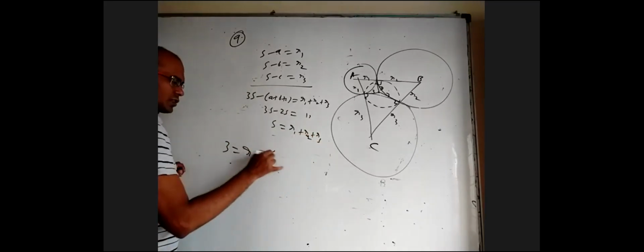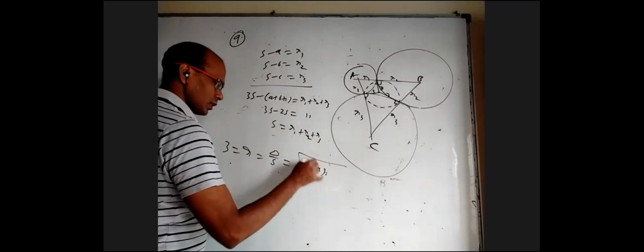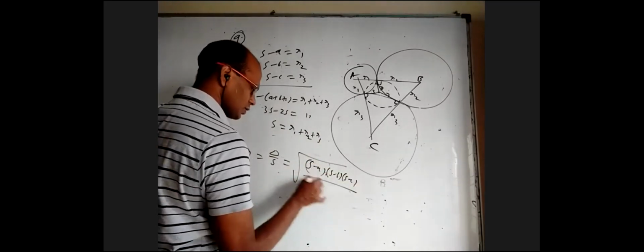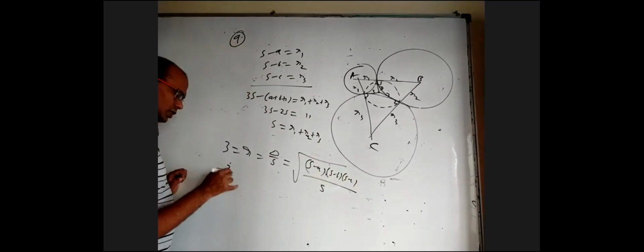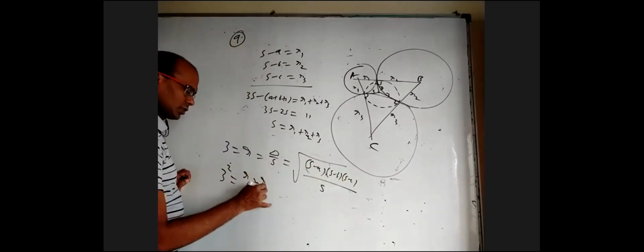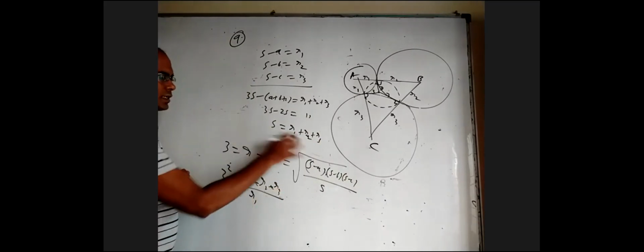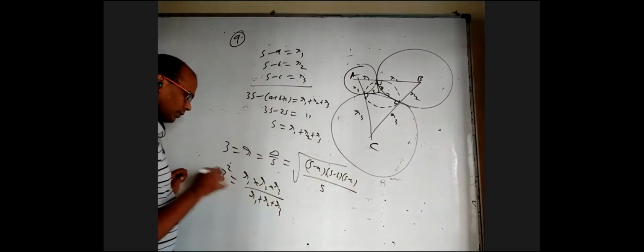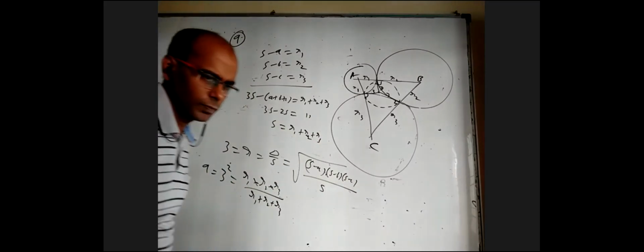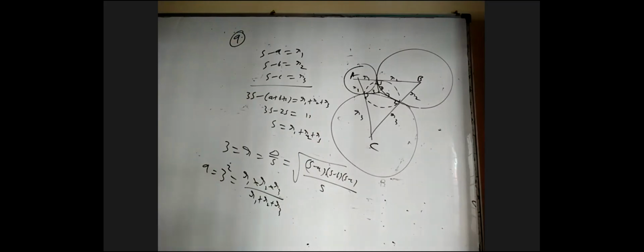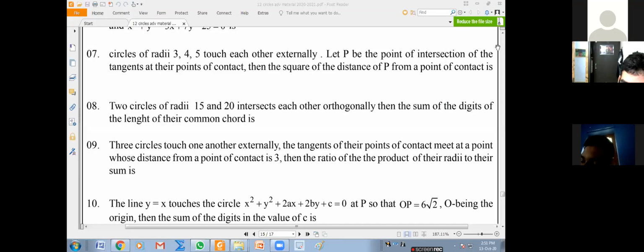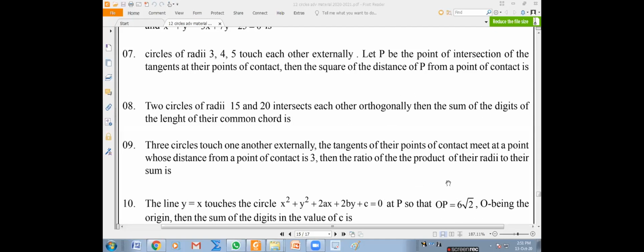3, which is the inradius, which is delta by s, which is root over s minus a into s minus b into s minus c by s, so 3 square equals s minus a is r1, which is r2, and it is r3. s is their sum, r1 plus r2 plus r3. That will be 9. Exactly that only they want. They want the ratio of the product by sum of the radii of all these things, that is equal to 9. Ratio of the product of the radii to their sum. So both 7 and 9 are almost same. There r1, r2, r3 given and they wanted the inradius, and here the inradius is given, they wanted this expression.